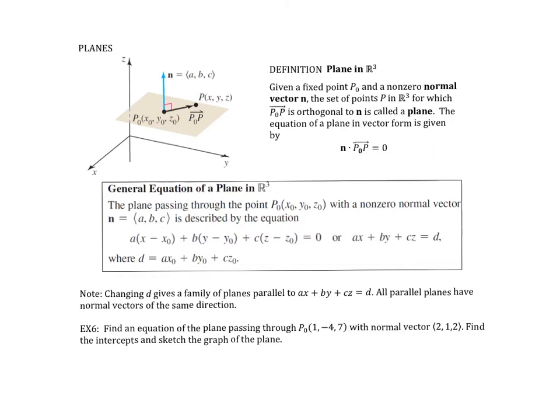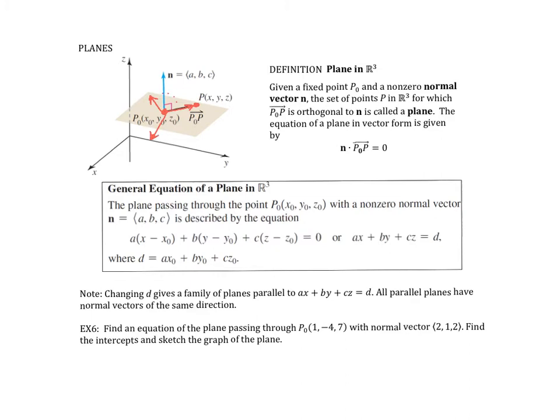So this is the idea when we're defining a plane in space. First of all, we're going to need to have a point on that plane, and it could be any point. Here we have this P sub 0, or P0. So think of any point on the plane. Take any other point on the plane and draw a vector. Any point at all in the plane, draw a vector from your starting point to any point that's in the